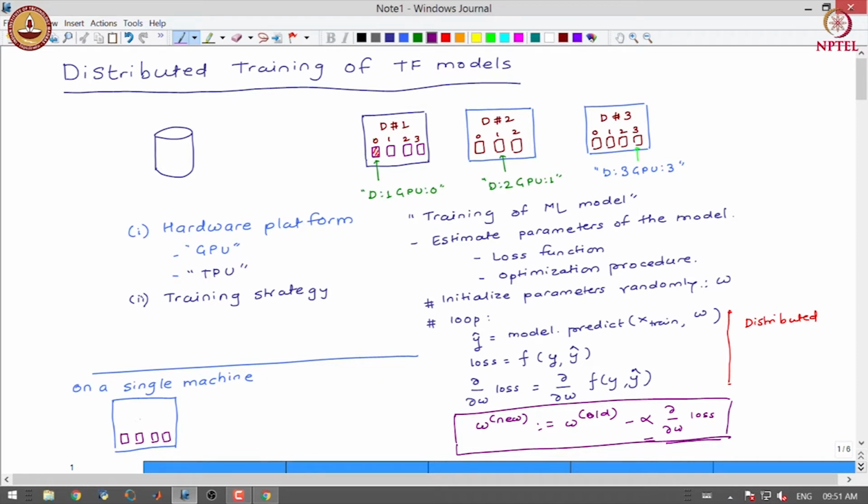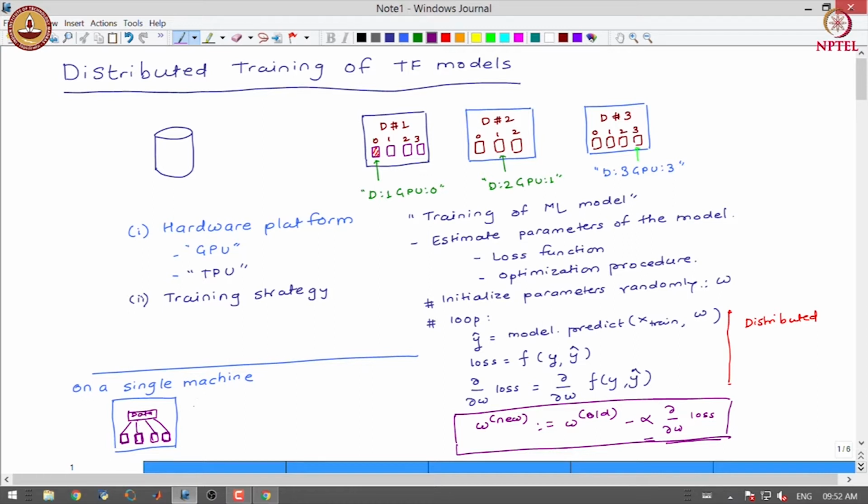First we distribute the batch of data to all the GPUs, and the model graph is already present, is also copied to the GPUs, and we calculate the gradient of the loss function in each of the GPUs.